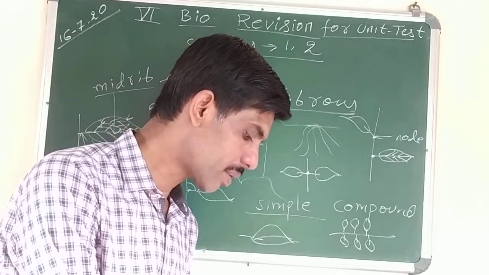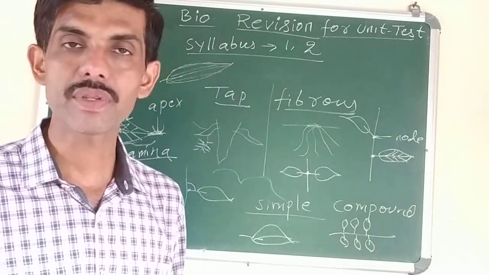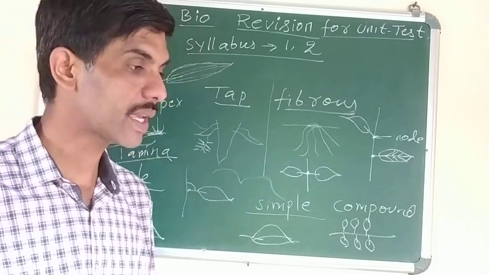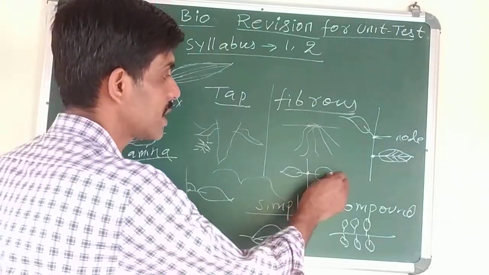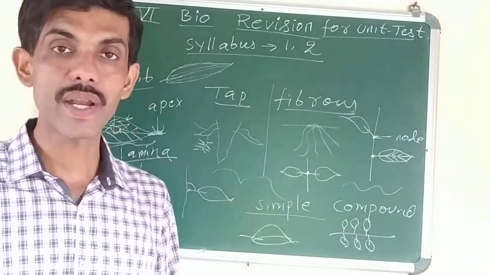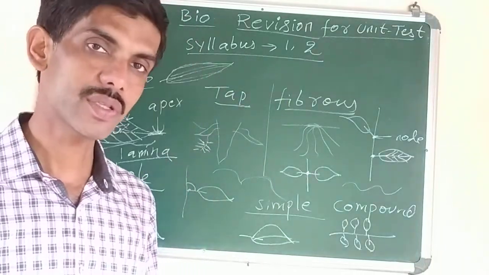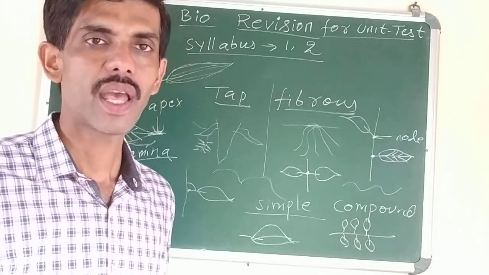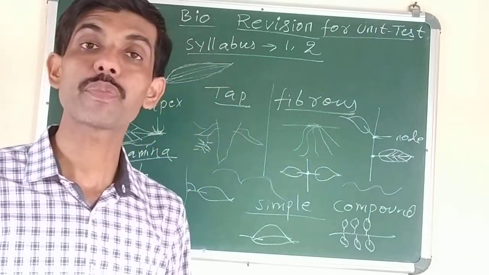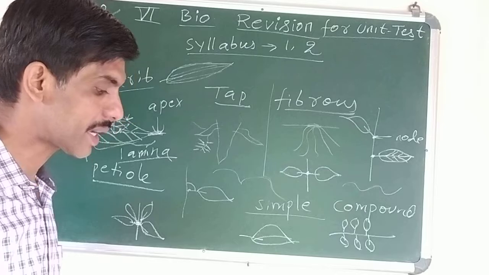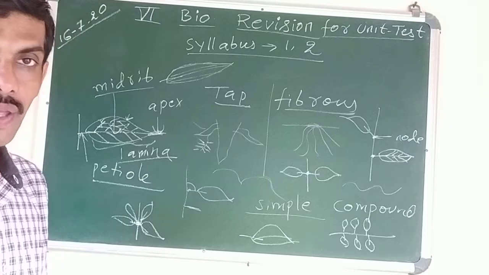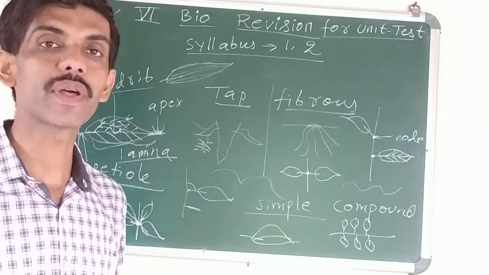Then what are the modifications of leaves? Sometimes the leaves are modified or changed to carry out different types of functions. Like in case of pea plant, the leaves change into tendrils, thread-like structures. Why? So that they can climb onto a support, because their stem is very thin and weak, so they cannot stand straight. Some leaves are modified for protection. In some places the leaves are changed into spines, like thorns, very sharp and pointed, in order to protect the plant from grazing animals.